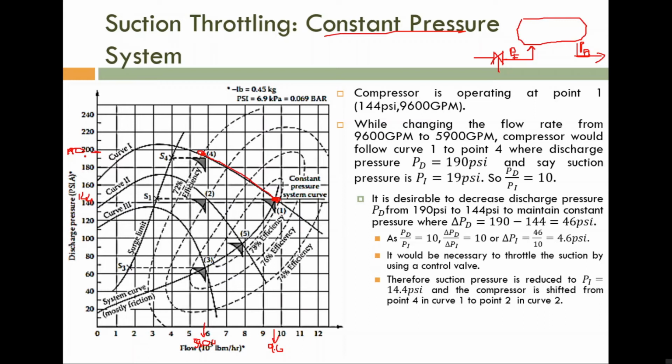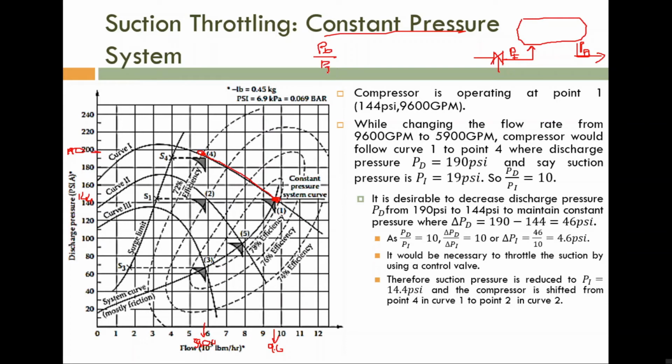Okay, so during the discussion about the curves of compressor, I told you if omega, that is speed, torque, tau, and Ti are constant, then what will change with respect to the flow rate? With respect to the flow rate, actually the compressor ratio is changed. Actually, not discharge pressure is changed. Actually, the compressor ratio is changed. But here, as the suction pressure is constant, then compressor ratio is changed means discharge pressure is changed. Am I correct? So please note, with respect to the flow rate, the compressor ratio, PD by PI is changed.